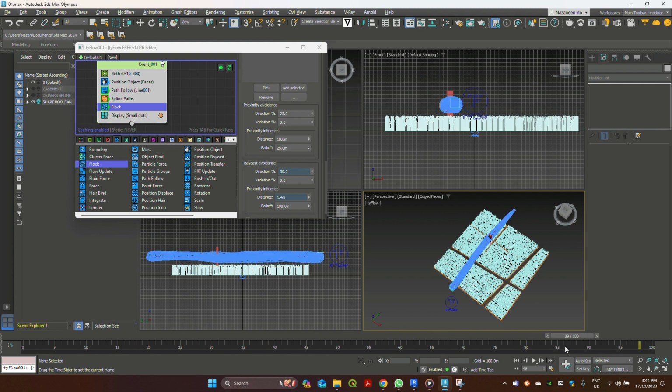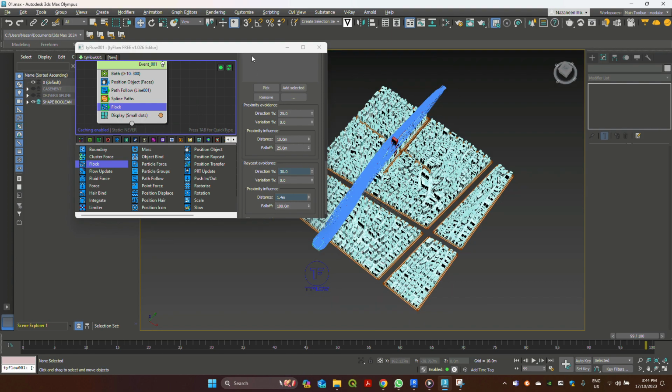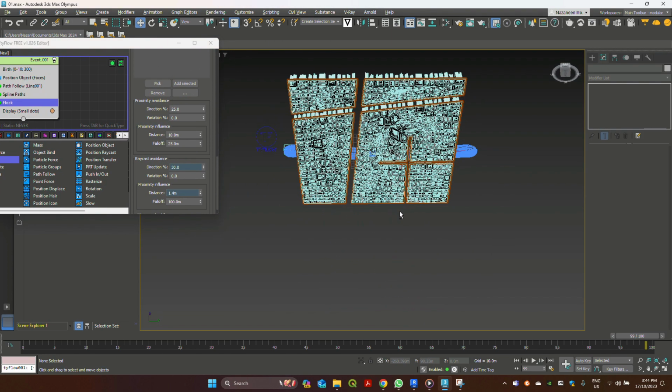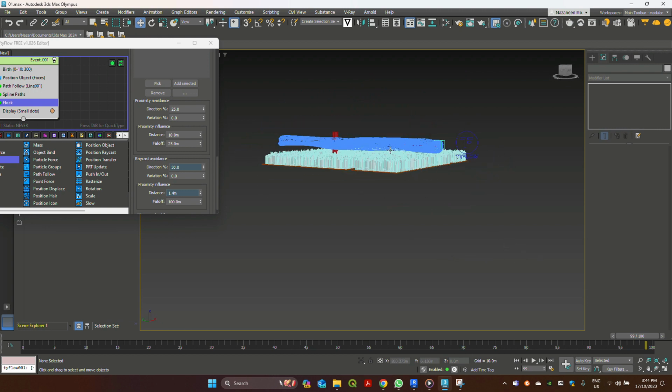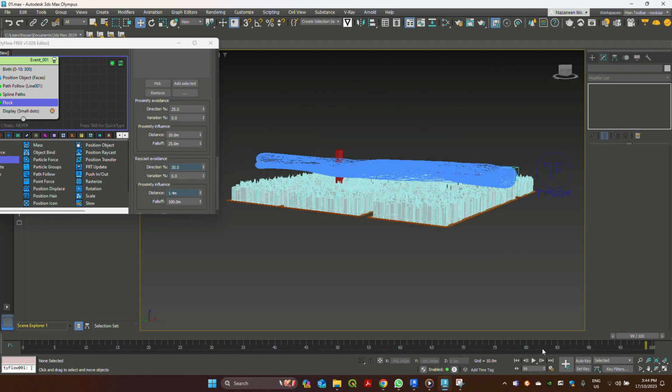So that's how we get the wind direction through TyFlow, and we can change all of this, the flow path, position, spline paths, and flock, depending on how we want it. If I go into 3D of this and align it a little bit for you, you'll see how with animation I can bring it back, bring it in, and that's what